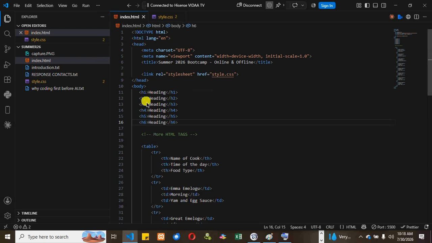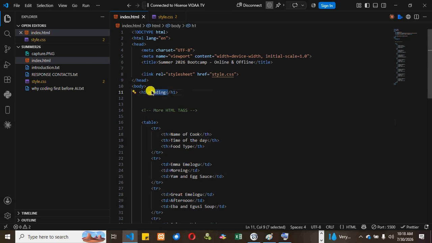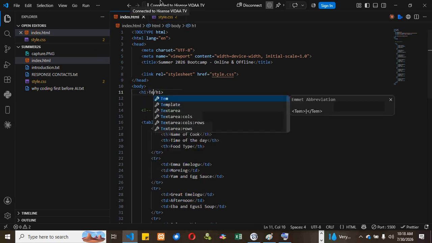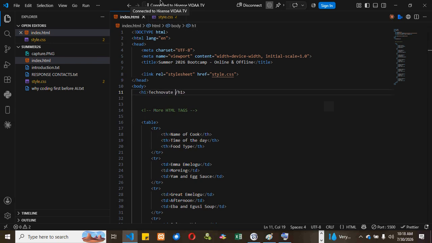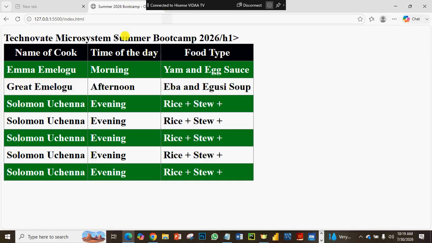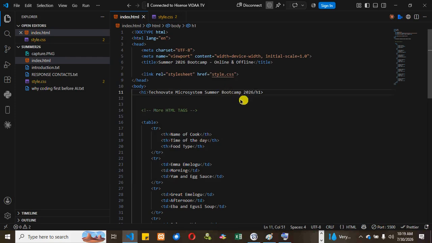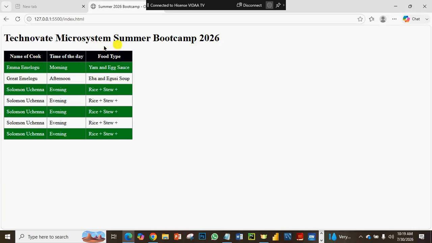So we can come here now and remove all these ones for now and say Technovate microsystem summer bootcamp 2026. That's what it looks like. Can you see here? All right, something is wrong somewhere. I didn't close this tag. That's what we have here. It's thick